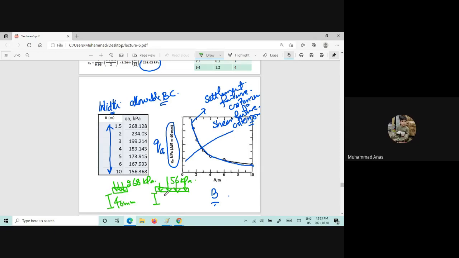40 mm would be also here. So with greater width of the foundation, lesser Q naught is required to reach that 40 millimeter. And for the smaller value of the width of the foundation, greater Q naught is required,